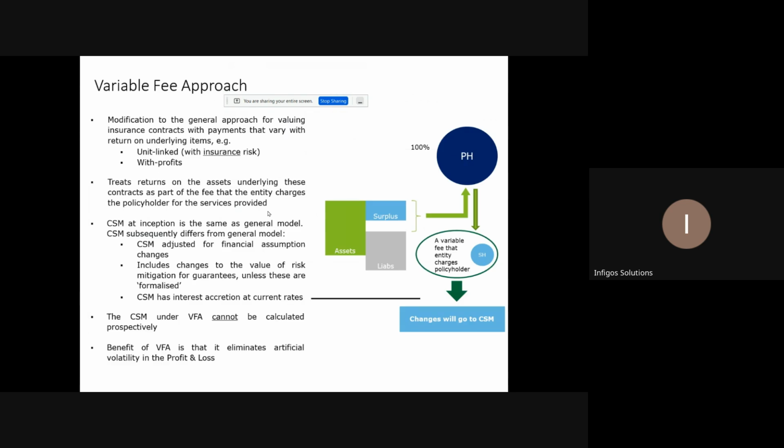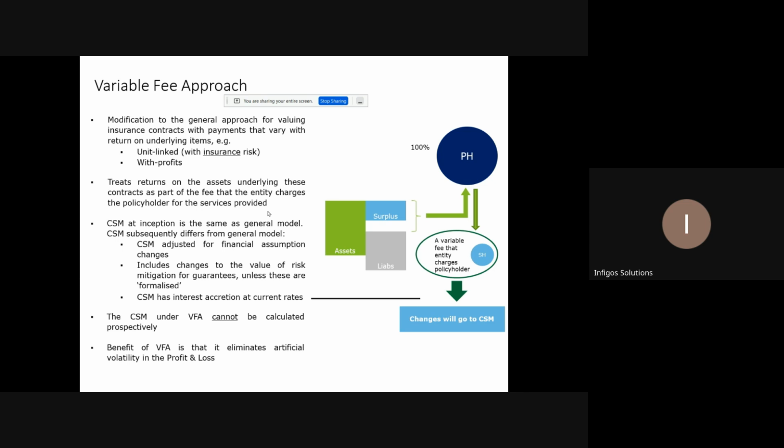Second approach is the variable fee approach. The variable fee approach is a modification of the general approach for valuing the insurance contract with the payments that vary with the return on the underlying item. It's unit linked, it has to do with the profit, which means